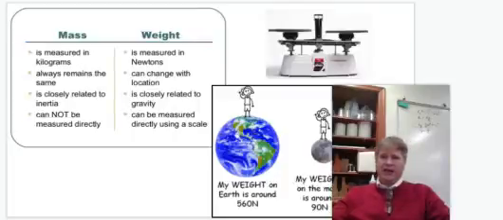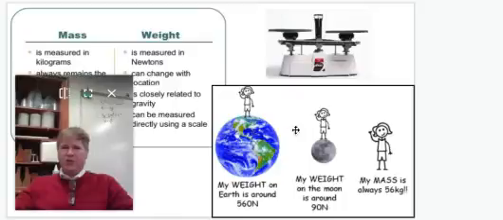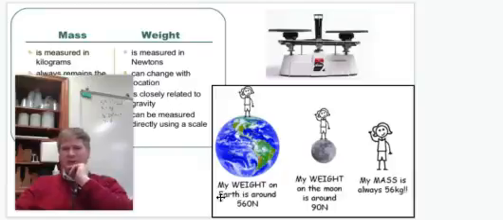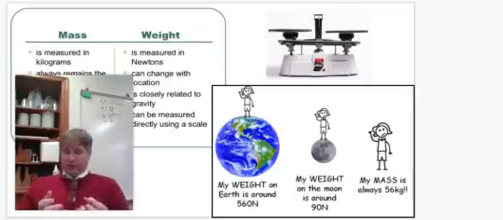Now, I almost forgot on this last graphic. Down here in the bottom right-hand corner, I have this little graphic that I pulled in here. My weight on Earth is around 560 newtons. That means that person weighs about 56 kilograms. On the moon, this person has a weight of 90 newtons. Now, why is that? Because the moon is pulling with less force. It has less gravity. But no matter whether we're on the moon or on Earth, the mass is still the same. The mass would be 56 kilograms.